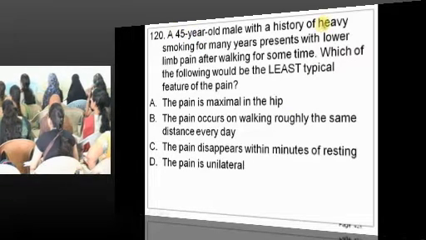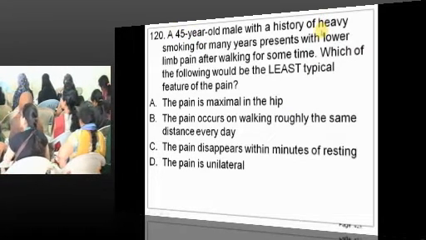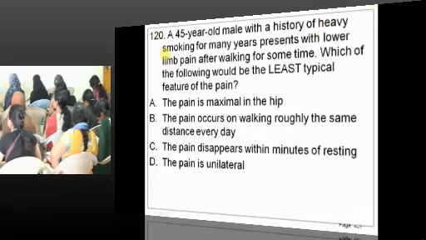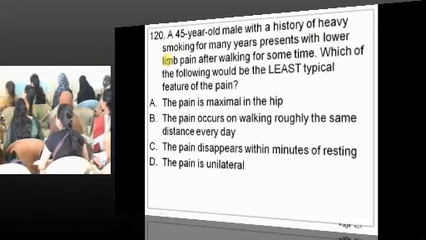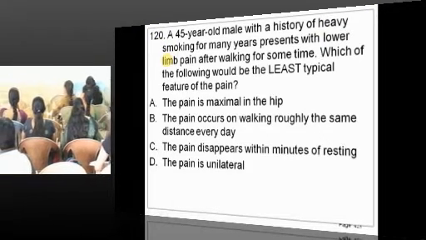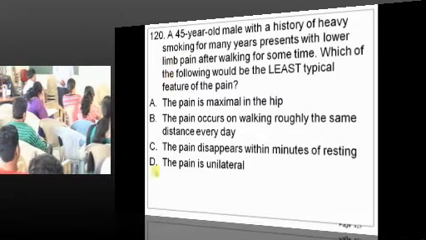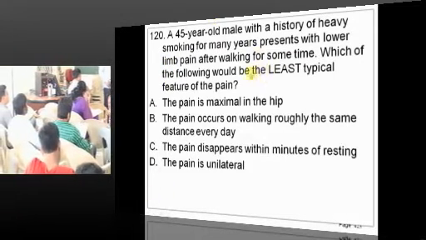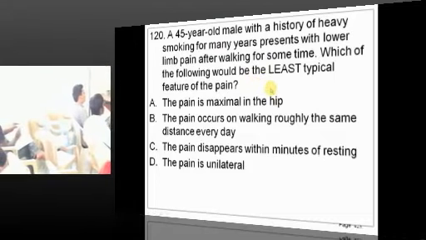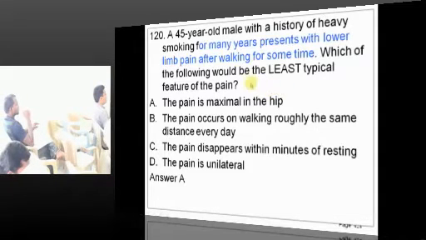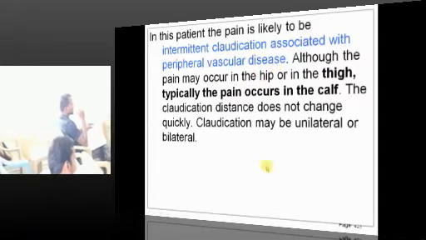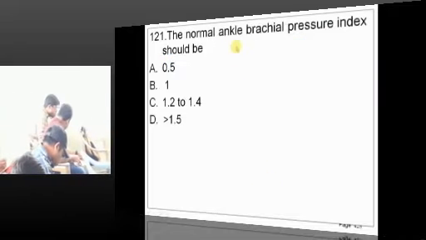45-year-old, A. Otherwise you can remember asystole: no systole, so only diastole, because the heart stopped in diastole. Yeah, what is your answer? So where is the pain maximal, doctor? Knee. Typically in the calf. Sorry, calf. Calf is a classical location.